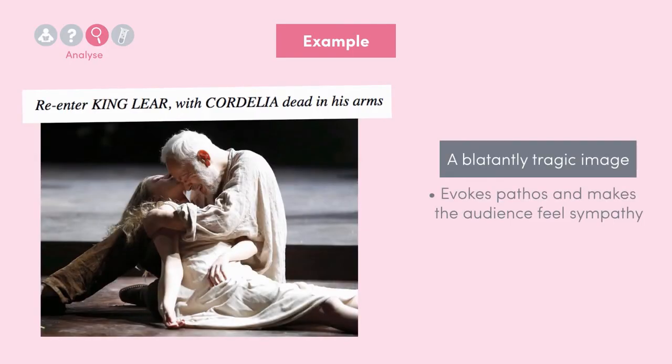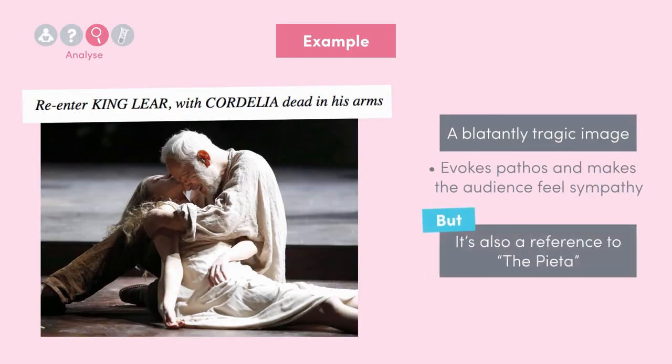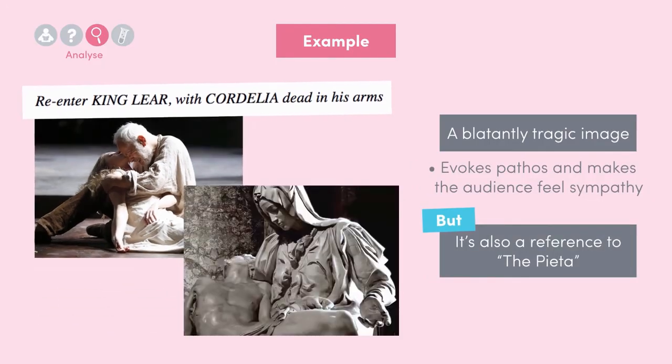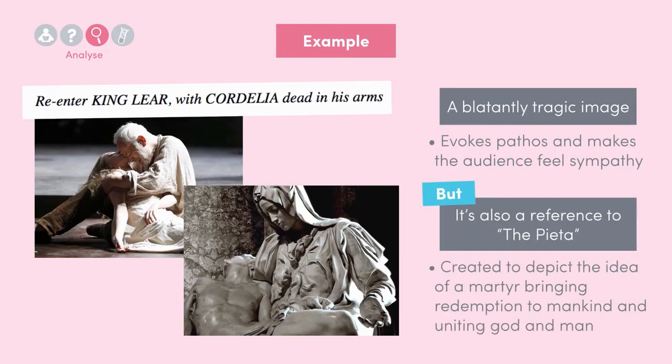But what if I told you that the stage image of King Lear carrying Cordelia in his arms is a reference to another very famous image, the Pieta, the image of the Virgin Mary holding Christ's dead body in her arms. The Pieta was created to depict the idea of the martyr bringing redemption to mankind, and creating a communion between God and man. Without considering the stage directions, we would never have been able to draw this link,